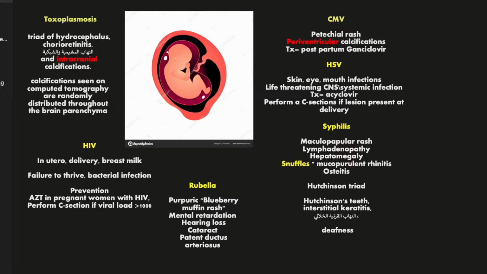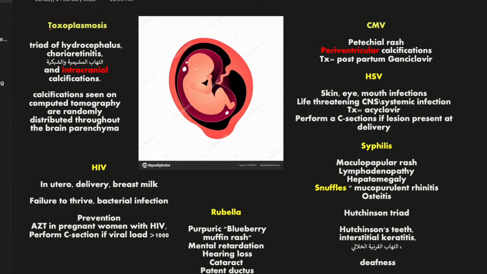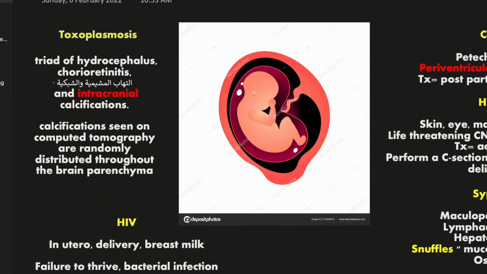Where's the highlighter? Let me zoom in. Okay, you might see things written in Arabic. This is for Arabic speakers. Okay,